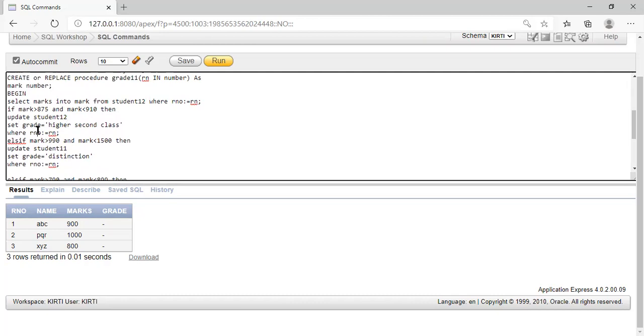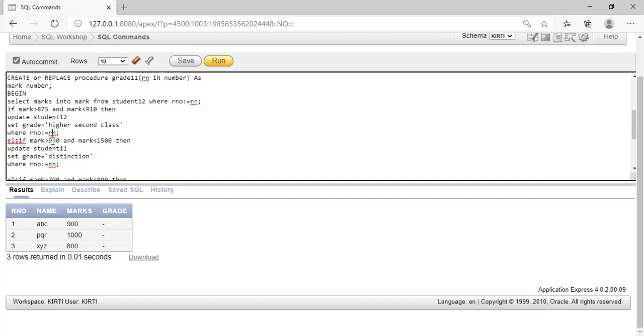So set grade equal to higher second class. Our grade column is blank. So we are checking one condition. If that particular variable lies between this condition, then update the table. Actual table value we are updating because it is a stored procedure working on DML. Set grade equal to higher second class, where R number equals Rn.